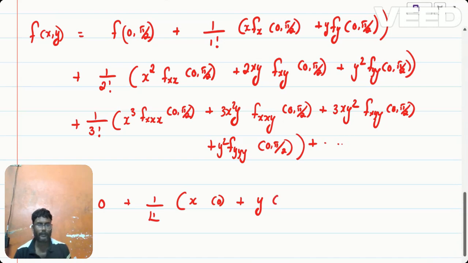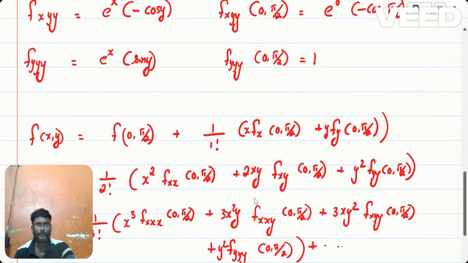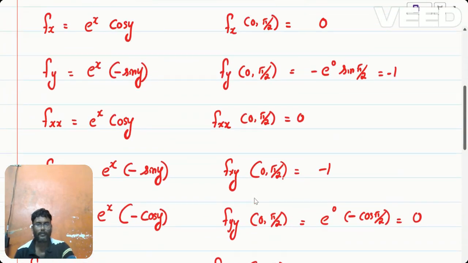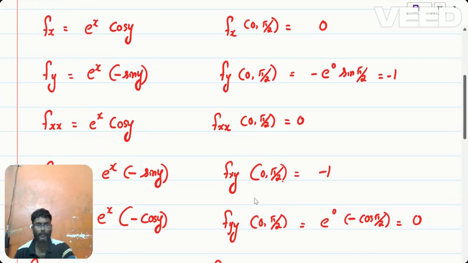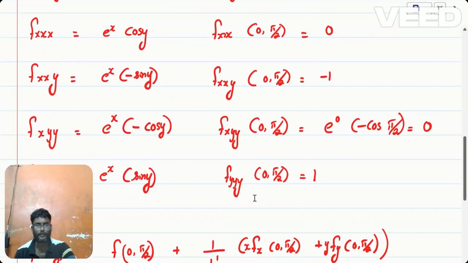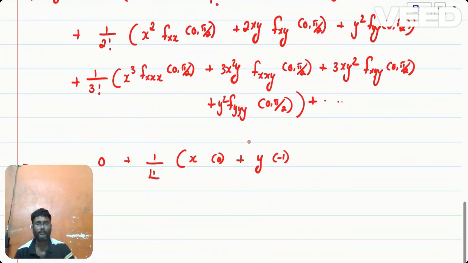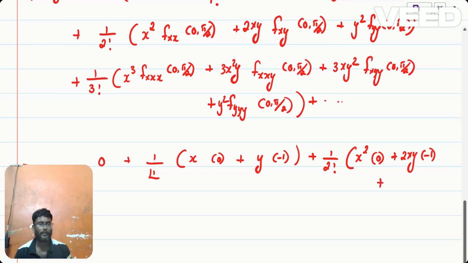Derivative with respect to y, we got minus 1 here. f y of 0 comma pi by 2 is minus 1 plus 1 by 2 factorial into x square is 0, because differential with respect to x always remains the same because of e power x, plus 2xy into minus 1 plus